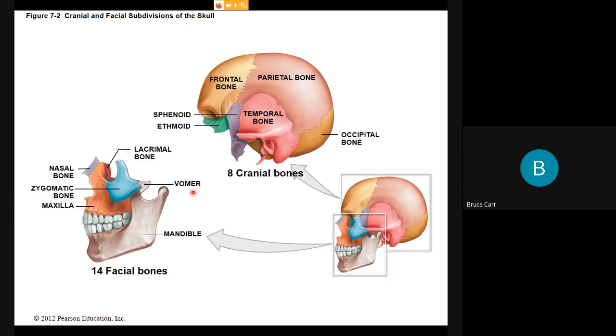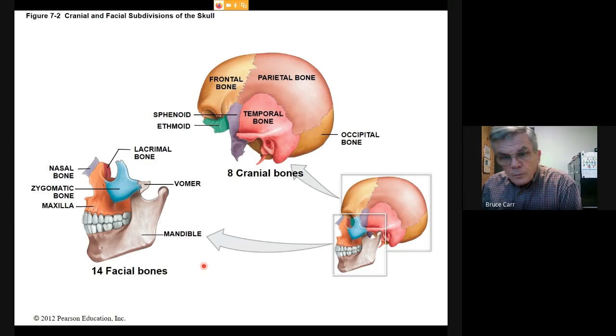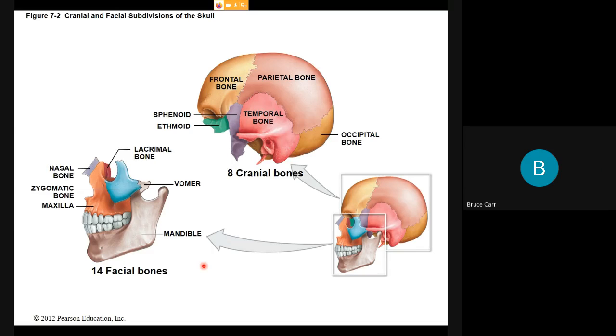Now we're going to hang this face in that notch. 8 cranial bones. The face consists of 14 bones, and 12 of them consist of 6 paired bones and 2 individual bones. What we can see here are the more dramatic ones. The mandible is a single bone, and the vomer is a single bone. But these bones that are showing some of the others, there are paired zygomatic bones, maxilla bones, nasal bones, and